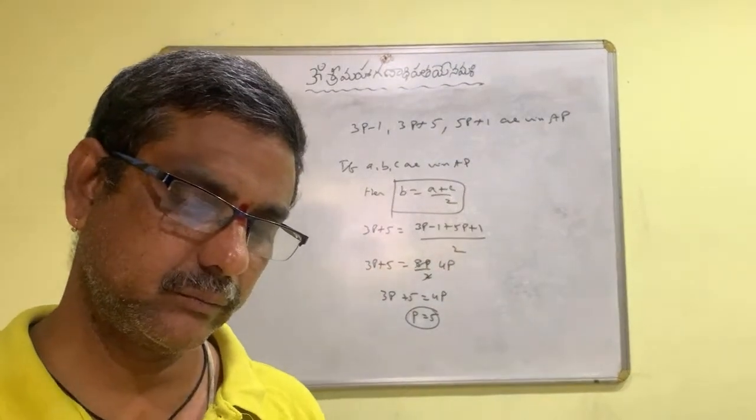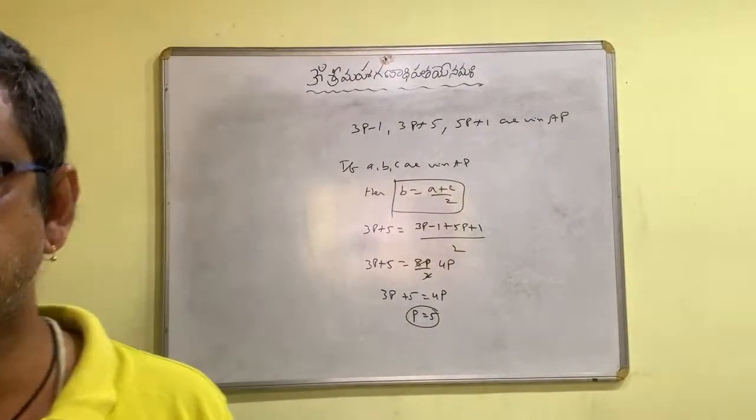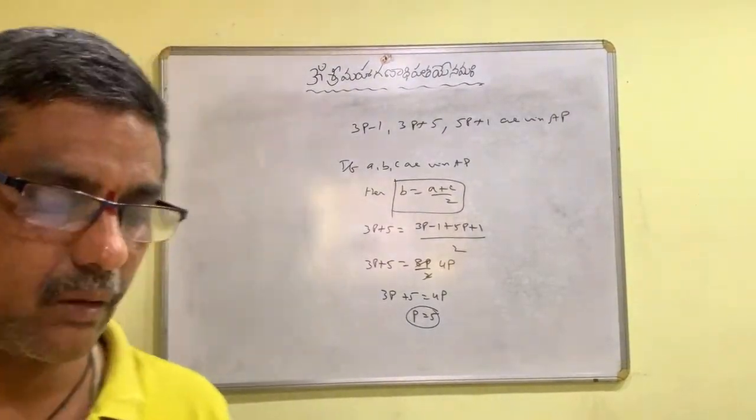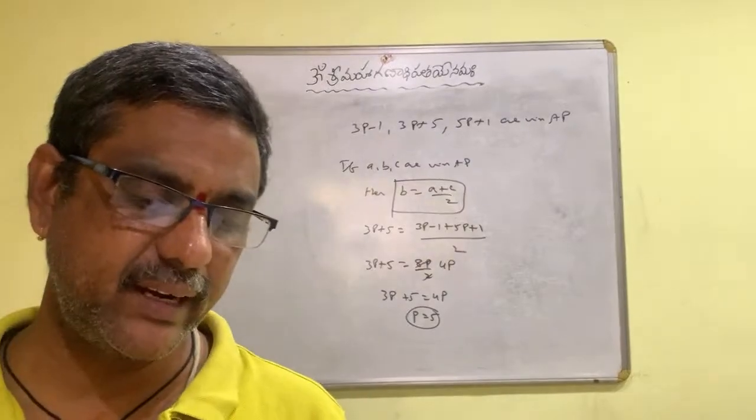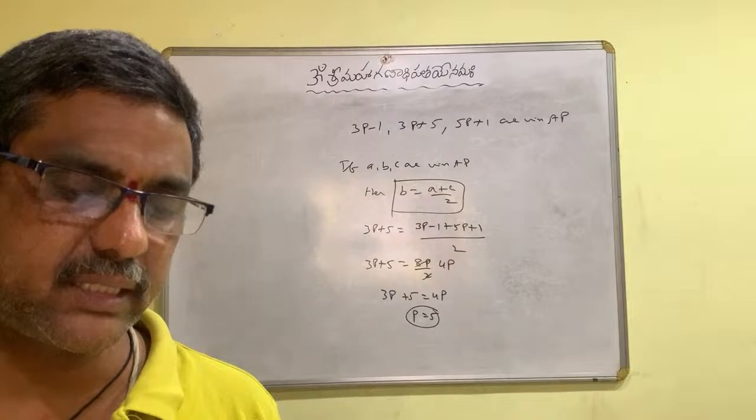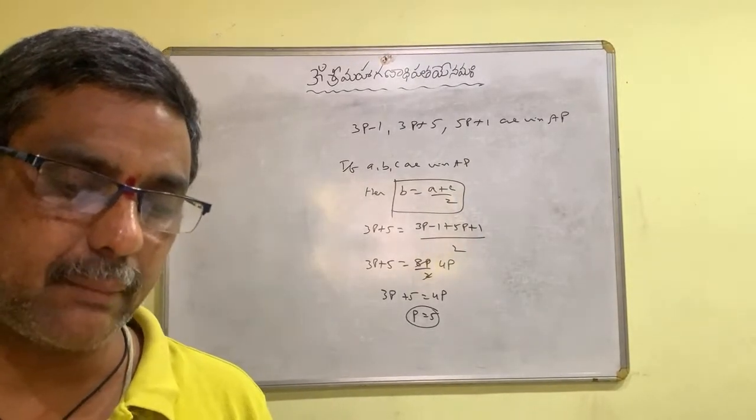Now, question number 7. Question number 7. The distance between the points (a cos theta plus b sin theta, 0) and (0, a sin theta